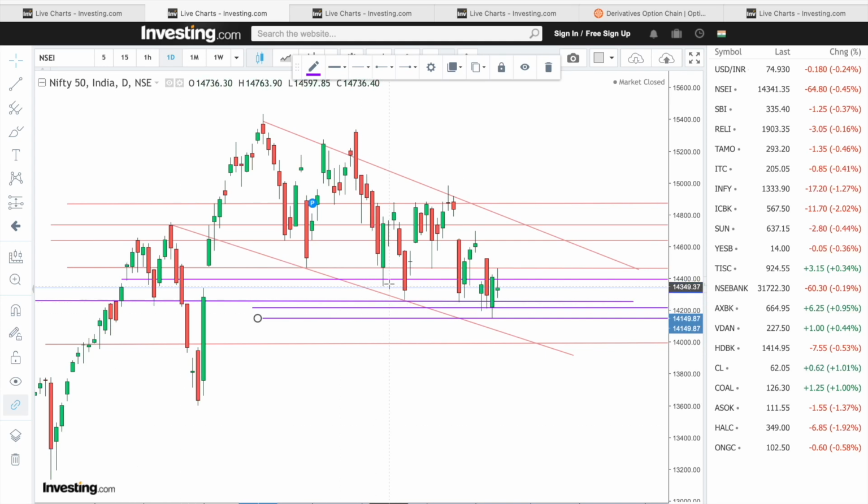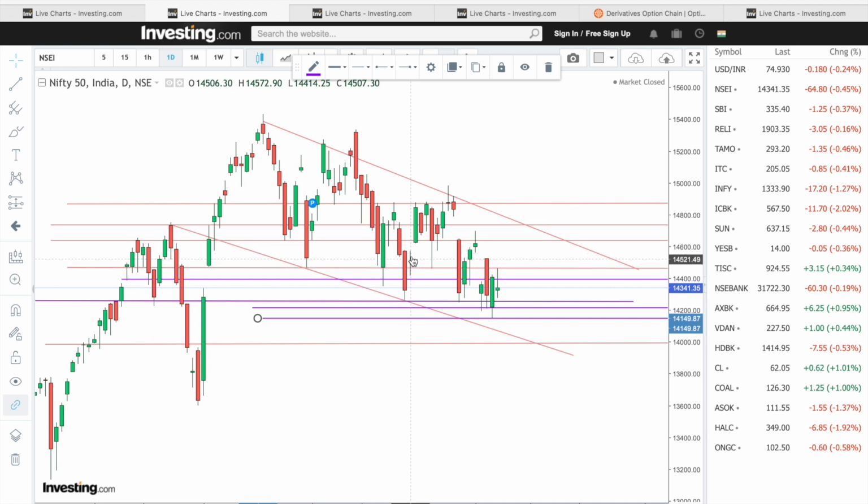So what happens when market is forming these big candles? You see the size of the candle. Make a thumb rule. Never ever trade into options on these longer candles in the market. The longer the candles, the higher is the implied volatility in the market. The smaller the candles, the smaller is the implied volatility in the market.